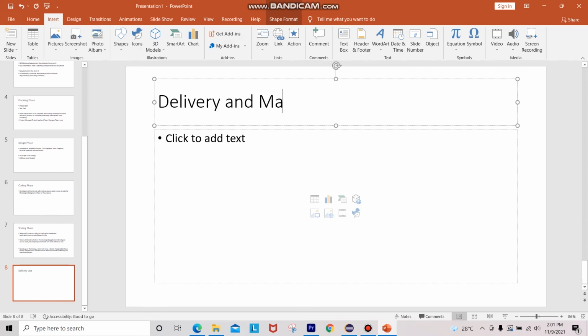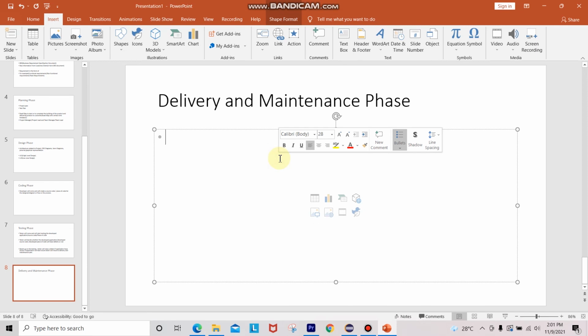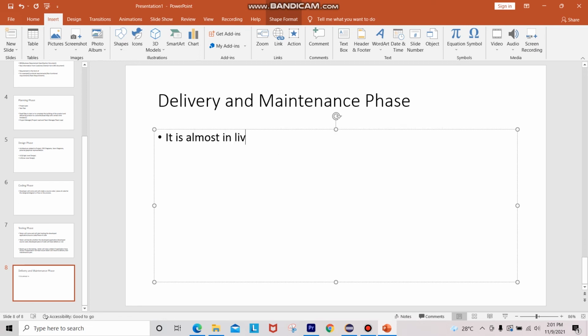Delivery and maintenance phase. Okay, so here what do we see in the delivery and maintenance phase? It means it is almost going to live. It is almost in live, meaning in customer hands or the customer environment.